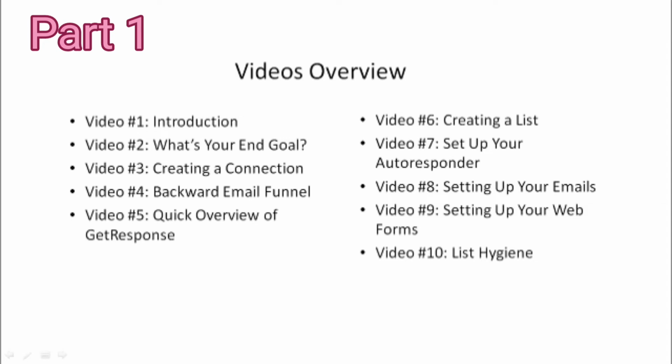We're going to talk about the different types of lists like single opt-ins, double opt-ins, which one's better for you, different scenarios when it's better. That'll be video number 6. And video number 7, we'll talk about setting up your autoresponder series. Video number 8, we'll talk about setting up your emails. Video 9, we'll talk about setting up your web forms. And of course, video number 10, we'll talk about list hygiene, which, believe it or not, will actually help you